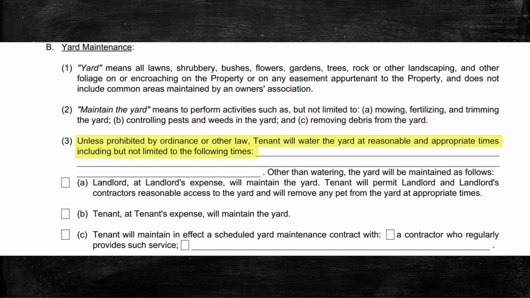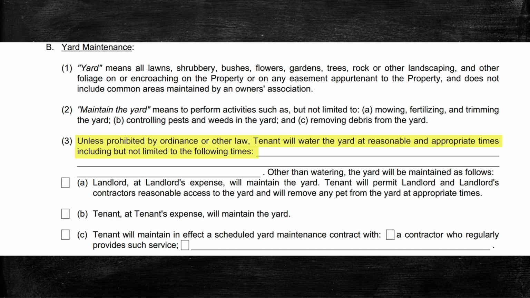Number 3, unless prohibited by city ordinance or some other law, the tenant will water the yard at reasonable and appropriate times, including but not limited to the following times. It's the tenant's obligation to water the yard. If they don't do that, and if the yard dies, the tenant can be held responsible for the costs of doing things like replacing shrubs, replacing bushes, resodding the entire lawn if all of the grass dies